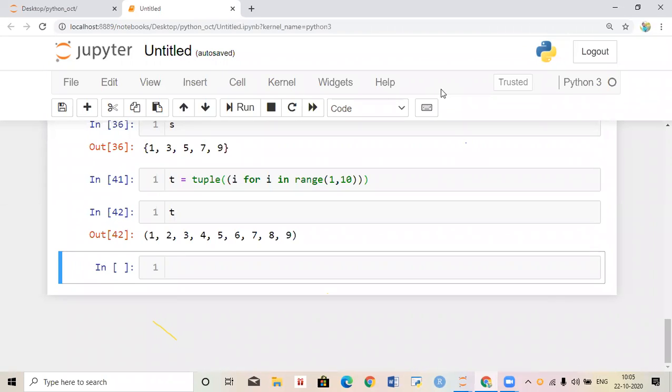Repeat once. Okay, I am repeating once. Someone is raising their hand. What's your doubt? If you have any doubts, please unmute and speak. No problem, I will explain.